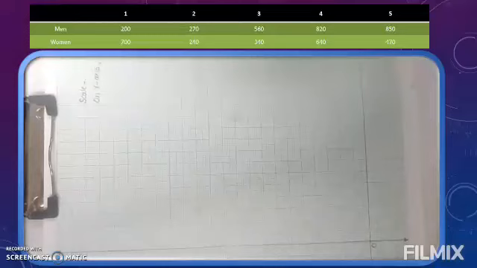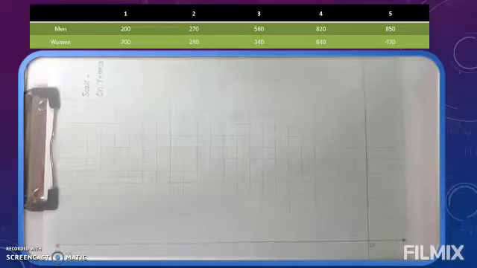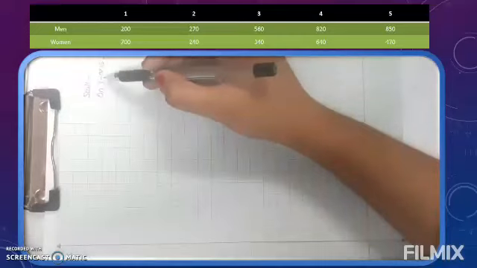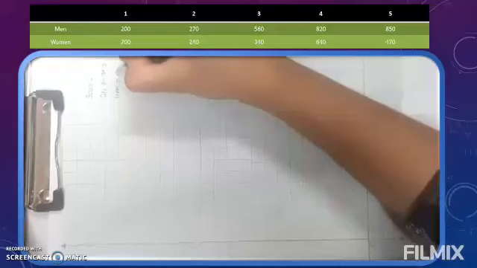200, 700, 270, 240, 560, 340, 80, 820, 640, 850, 470. Now not to worry. For this also, as for the previous graph where we were taking 10, 20, 30 like that, here also if we see, 110 extra we have. So here what we will do, we will take scale as 1 centimeter is equals to 100. Here what we will write, scale on y-axis 1 centimeter is equals to 100.